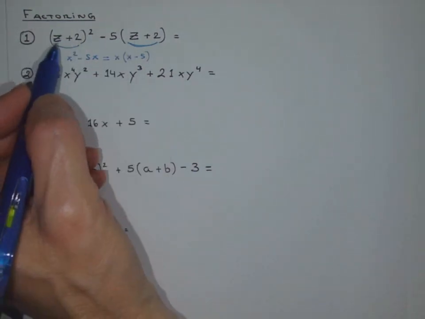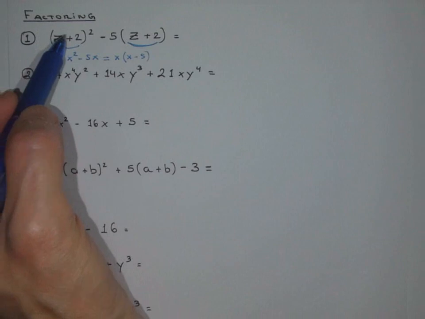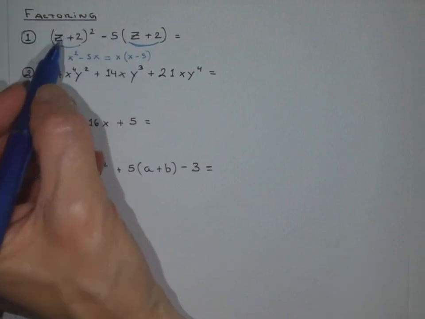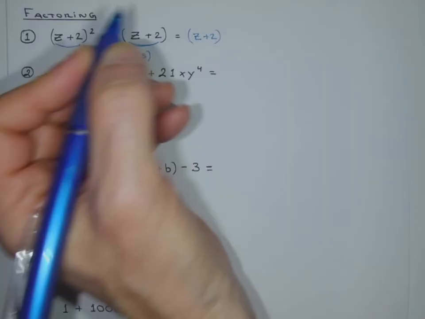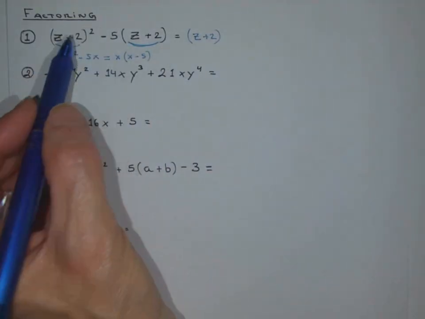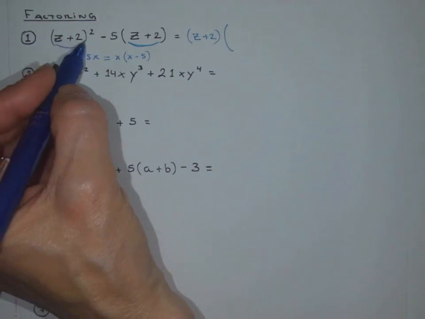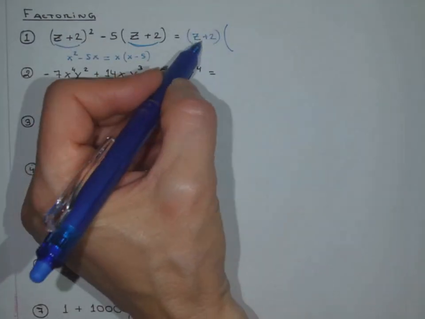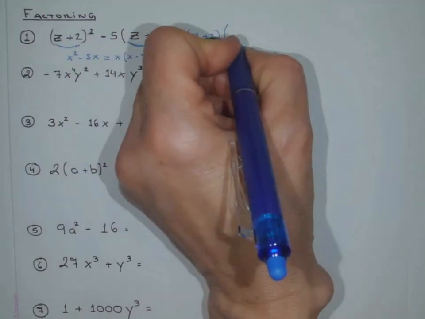Well, that's what you're doing here, except this here is not an x. What do those two terms have in common? A z plus 2. So you're going to factor out a z plus 2. And once you factor that out, what's left over? Well, you had a z plus 2 squared, you took one z plus 2 out, so there is another one left, right, because it was squared. So we have a z plus 2,